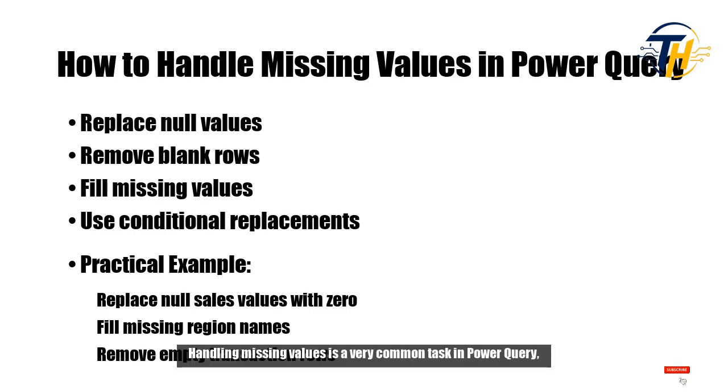Handling missing values is a very common task in Power Query because business data is rarely perfect. Power Query provides options like replacing null values, removing empty rows, and filling missing data automatically. Organizations use these techniques to maintain accurate reporting and forecasting. Interviewers ask this question to check practical data cleaning skills. For example, analysts often replace missing sales amounts with zero or fill blank region names using previous records before creating